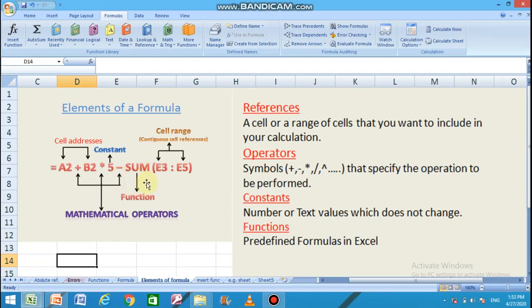Sum is a function here. A function is a small piece of program which performs a specific operation. For example, this function sum will perform the addition operation on this cell range.